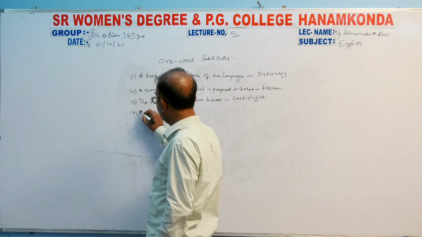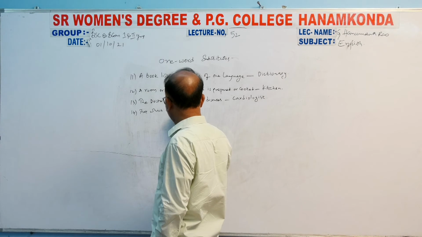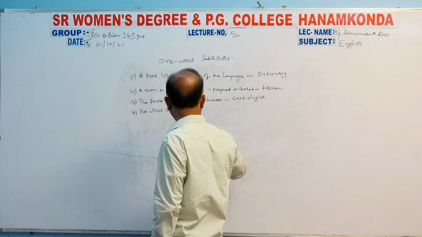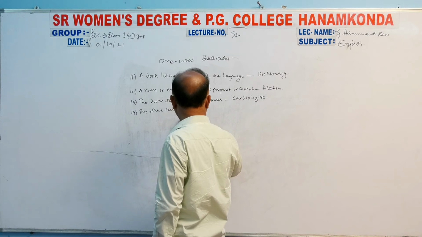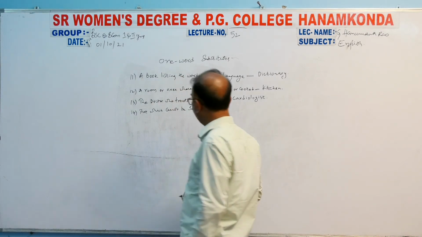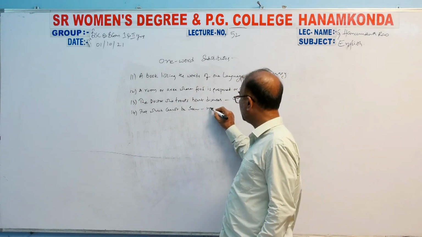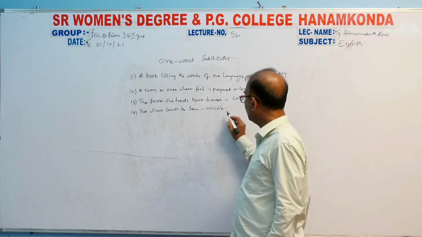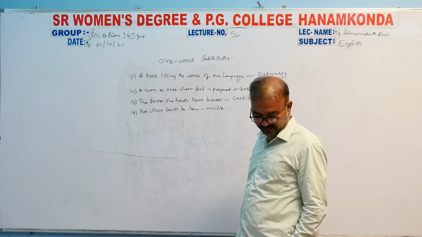And another one, 14th one, that which cannot be seen. That which cannot be seen. That is called invisible. Okay. That which cannot be seen, that is invisible. And another one,